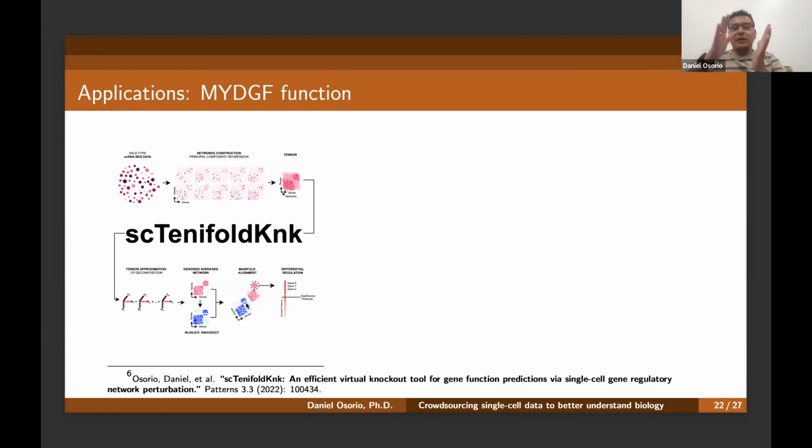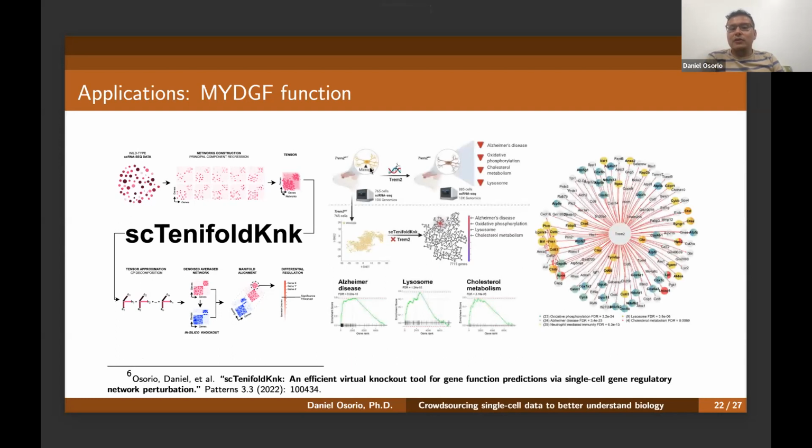So when you align two networks, if you consider them a surface, each gene will be matching with another gene in the perturbed network. And if the gene is gone, it will cause a difference in the alignment. And this difference in the alignment is what we measure to identify which genes are differentially regulated. So we apply this to several examples, and I'm going to present you one where the authors of the dataset